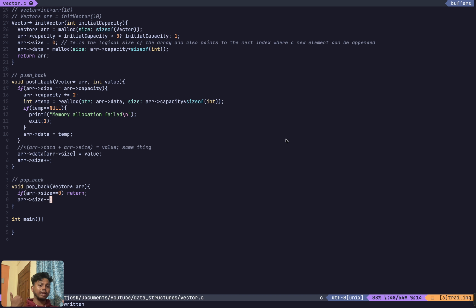This means I had elements from 0 to 4, right? When I decrease the size, the next element that I'm going to push is going to be at the 4th index. It will get overwritten. So yeah, that is pretty much it